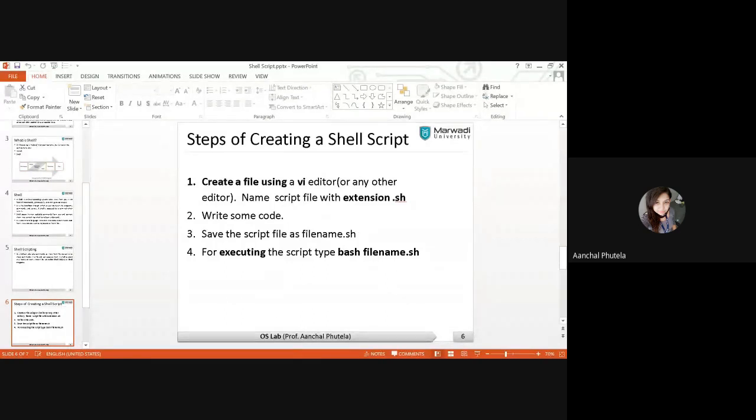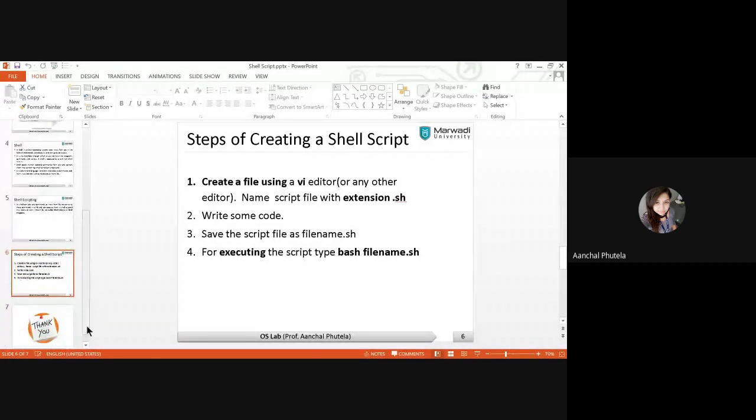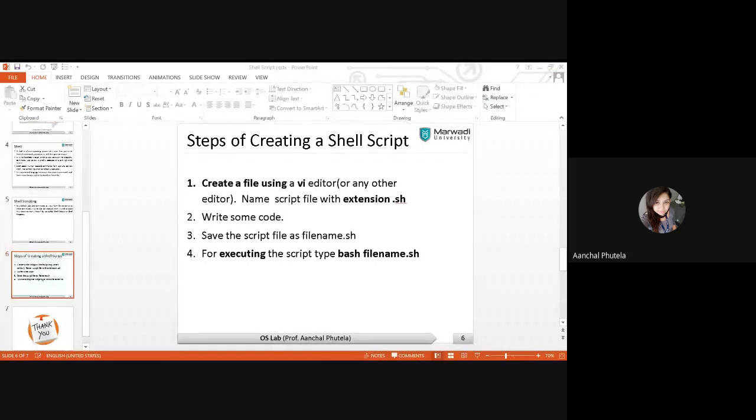So firstly, I'll show you how to write a script, how to write any script in your terminal. You can also use online terminals available for script writing. And if you have Ubuntu installed in your system, you can also use that.